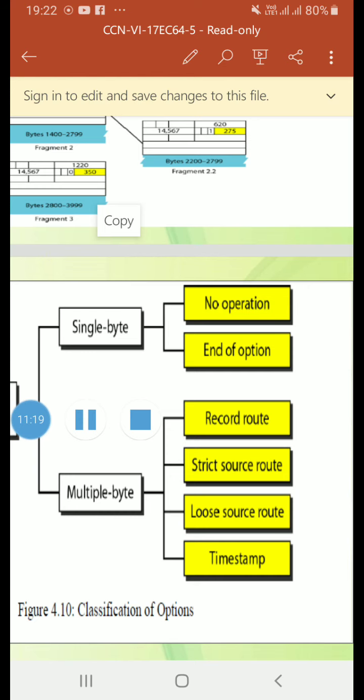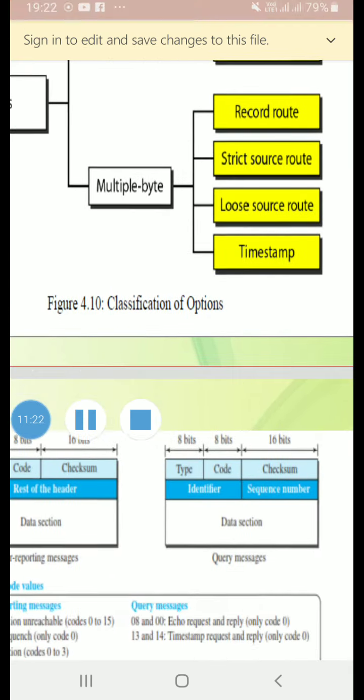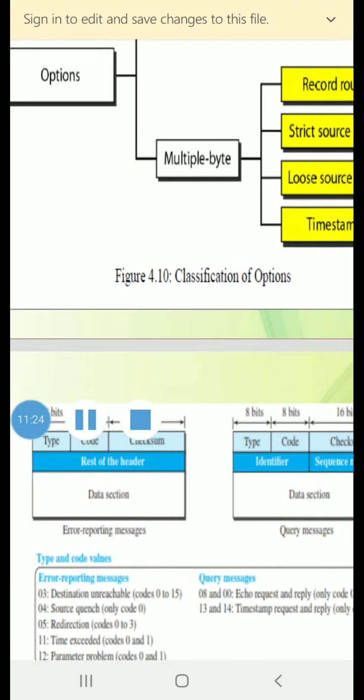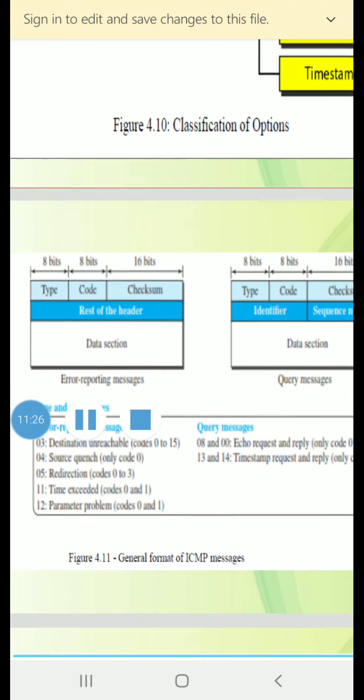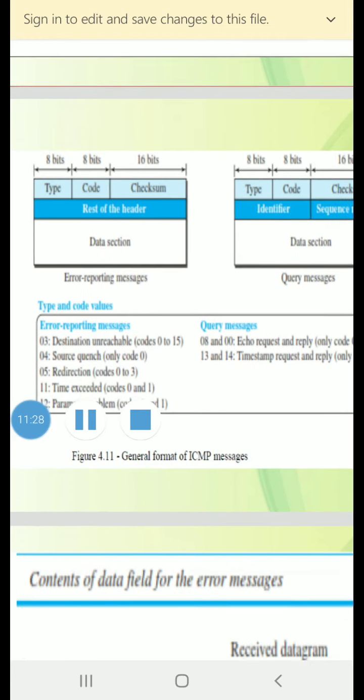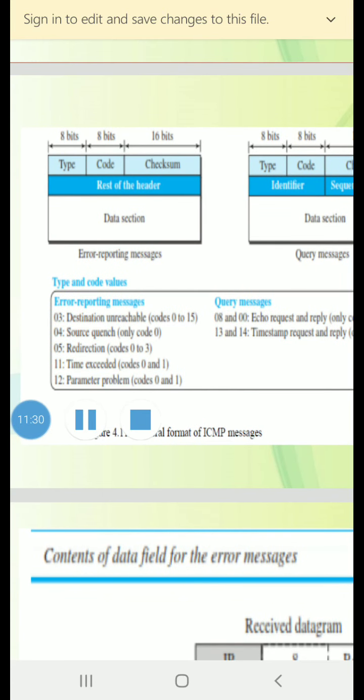Okay, so next we'll see about ICMP version 4. IP version 4 has no error reporting or error correcting mechanism. Then the question arises, what happens if something goes wrong?